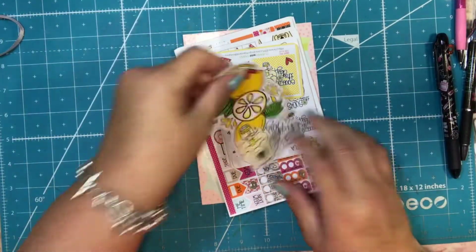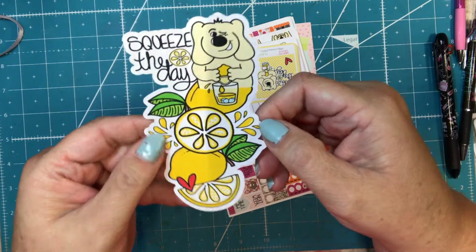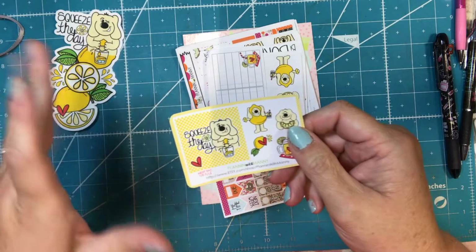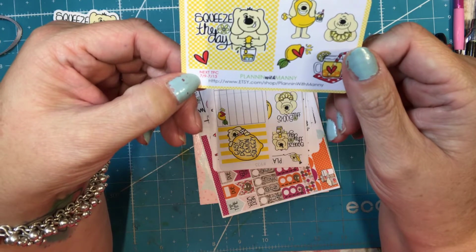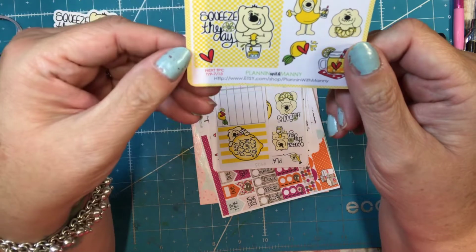That's cute. So it looks like I got a little die cut. It says squeeze the day. Must be her June or early July die cut kit. Oh, actually this says that the next one will be, I don't know, June 19th maybe, or July 9th. So I don't know what that means exactly, but